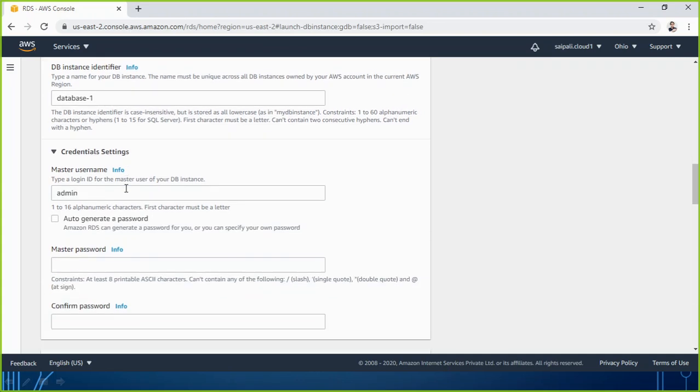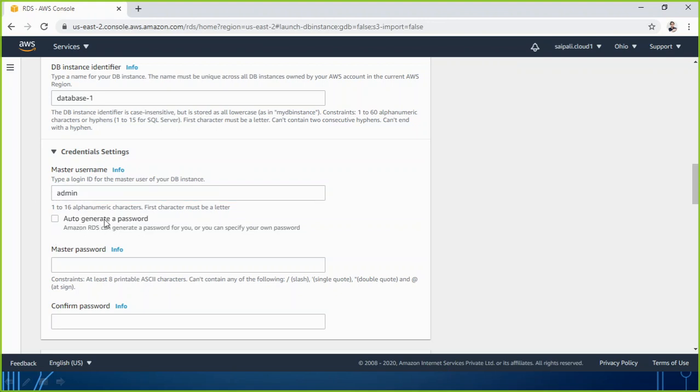Thereafter, let us scroll down. Now, because we are creating a database, obviously we require authentication, and for authentication we need the user and password. So here is the default user, admin. Do you want to continue with the default user? Then leave it. Don't change it. If you want to change, please type it here. So I'm going to leave it default. So my username to access my database will be admin. And what password?